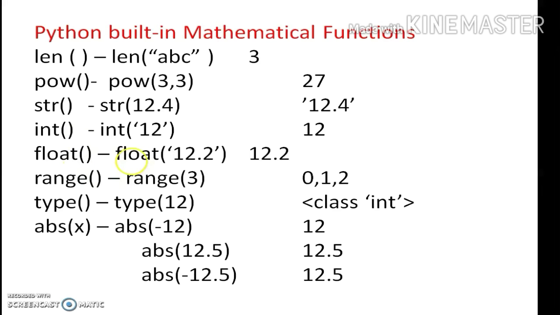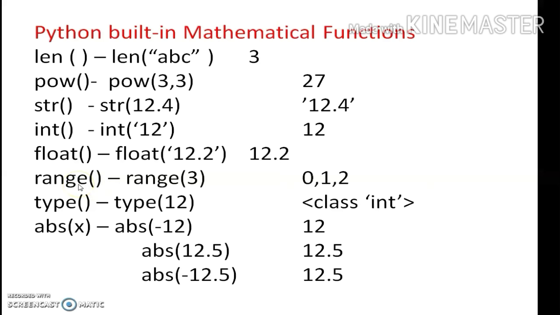Okay, integer: converting a string into an integer. See here, this 12 is an integer number. By giving this 12 in single quotes, it will be a string. So int of this 12 means it will convert this string 12 to its integer. Next one, float. This float function returns the floating point value. Here this number is given in single quotes, so it will be treated as a string. But while using this float keyword, it will convert this string to its corresponding floating point. So the answer is 12.2.